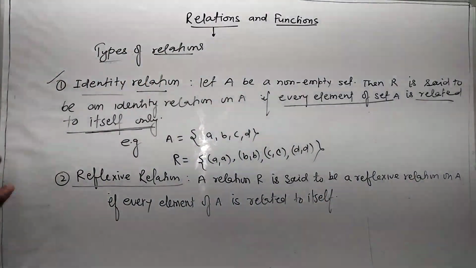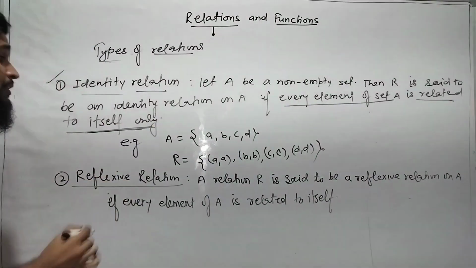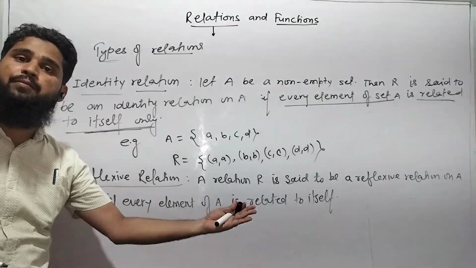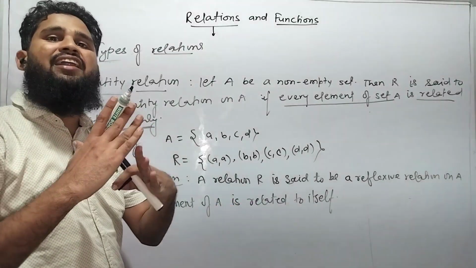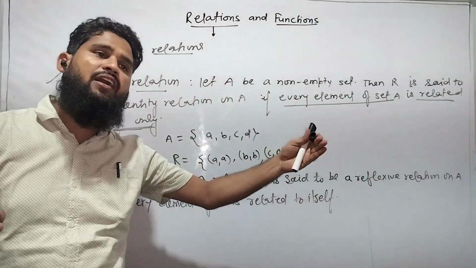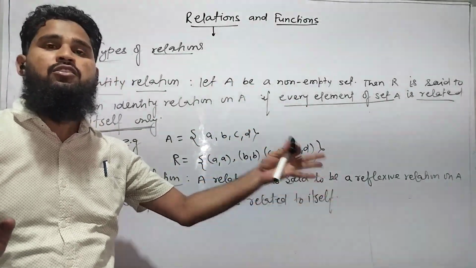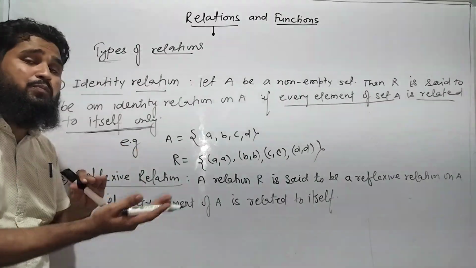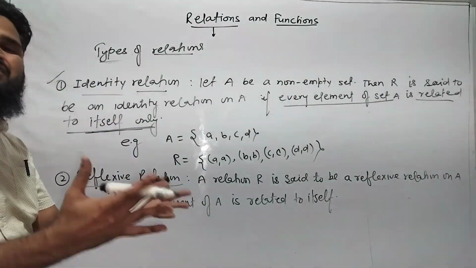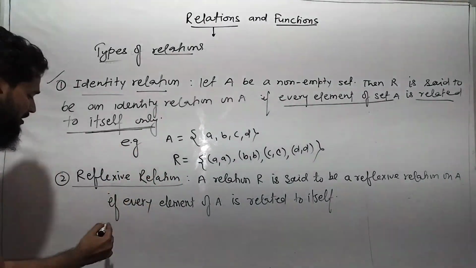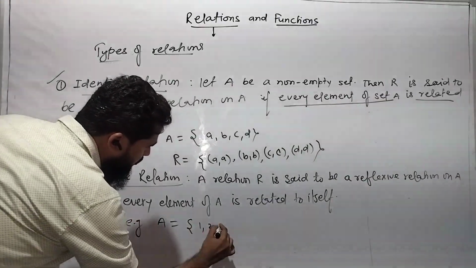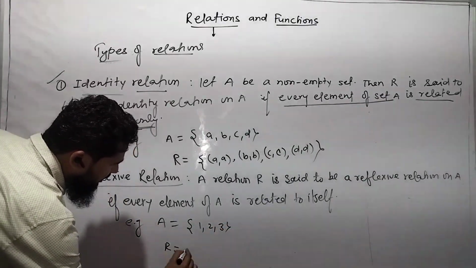यहाँ पे बेटा ओनली वर्ड यूज नहीं होगा. इट मीन्स है क्या कि R को रिफ्लेक्सिव रिलेशन ऑन सेट ए तभी बोलेंगे जब ए के सारे एलिमेंट अपने आप से रिलेटेड हो और किसी और से रिलेटेड हैं तब भी वो रिफ्लेक्सिव होगा. क्योंकि हमें बस ये चेक करना होगा क्या वो अपने आप से रिलेटेड है. अगर है तो वो रिफ्लेक्सिव है, किसी दूसरे से भी है तो हमें कोई फर्क नहीं पड़ता. फॉर एग्जाम्पल बेटा, A is equal to {1, 2, 3}, then R is equal to {(1,1)